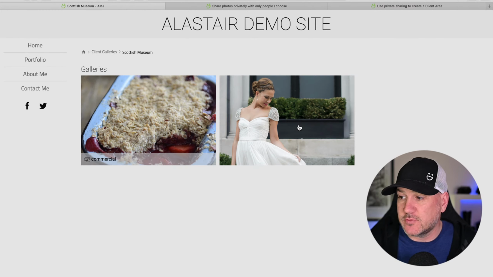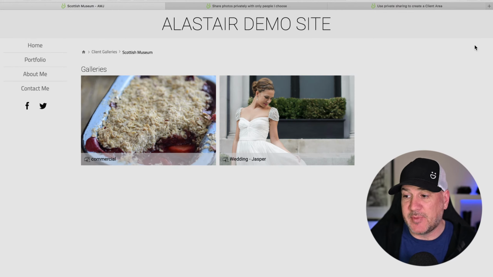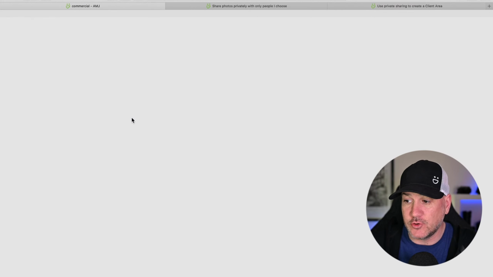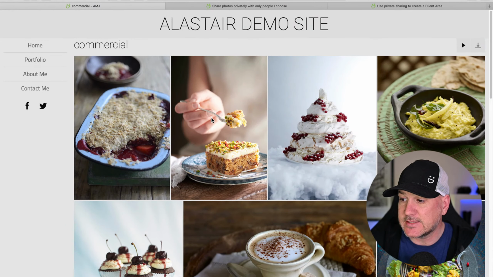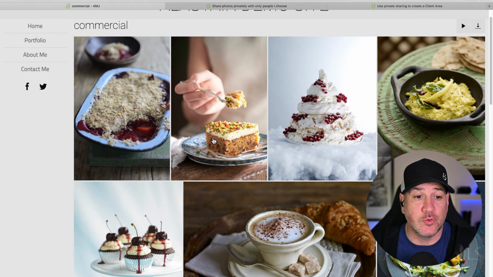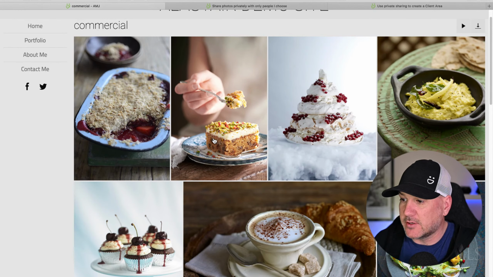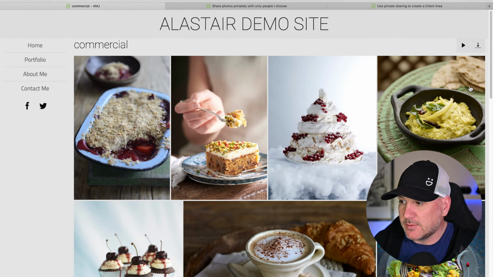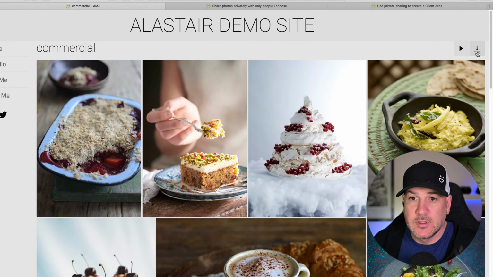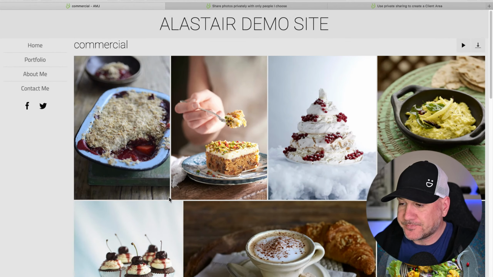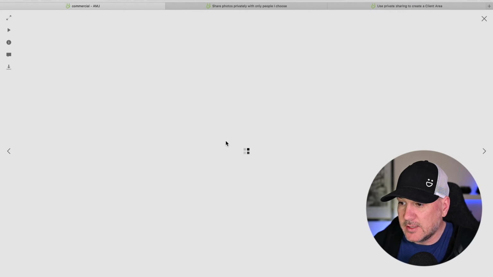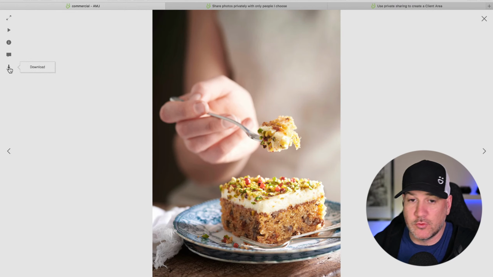on the demo site. So it's a very, very straightforward way to get images to a client, and depending on the settings that you've given the rest of that gallery, it depends on what they can then do with that gallery once they've got it. So here I've allowed them to, if you look up here at the top right, download all those images. They can download the whole gallery, they can look at them, they can download straight from the Lightbox view. It's just a really, really nice way for a client to get their images delivered to them, rather